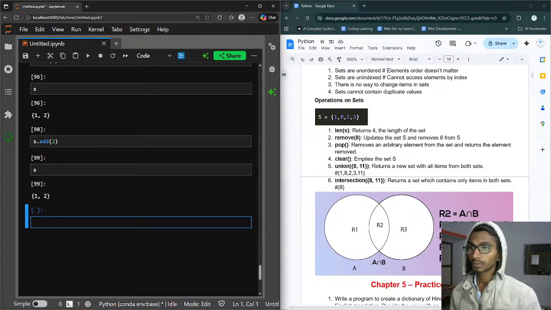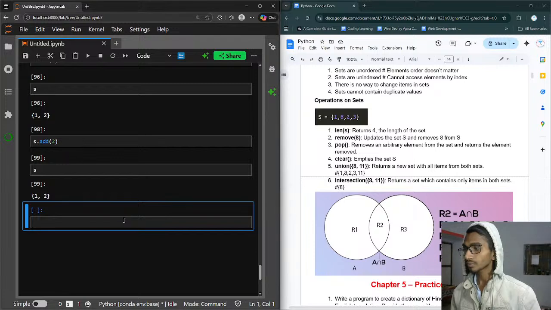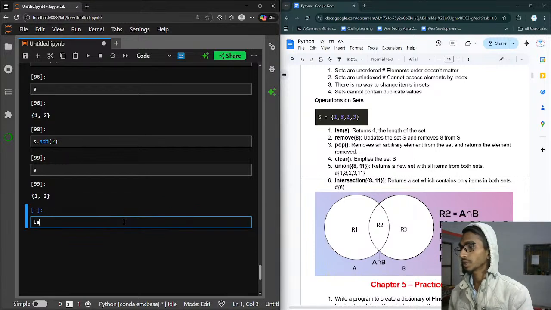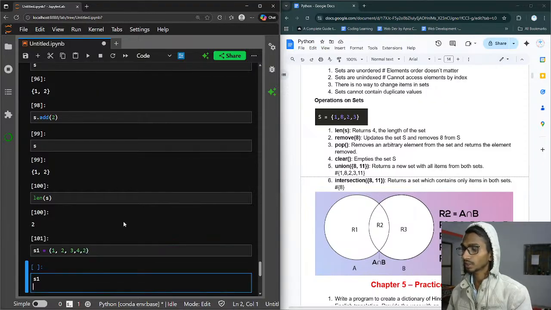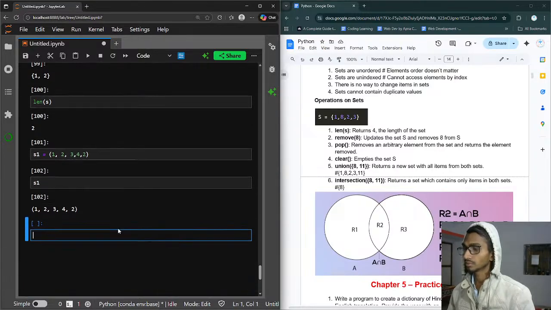We have length, we have remove, pop, clear, union, intersection. Okay, they are great. First of all, length. So we can check the length of the sets. It's 2. We can remove the values. First of all, let's intersect some of the values. S1 is gonna be 1, 2, 3, 4, and again 2. And if I check S1 right now here, so that is